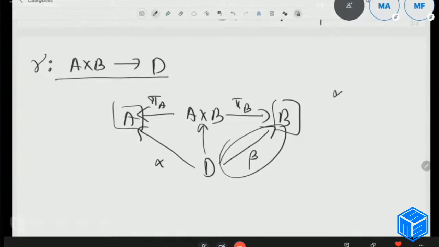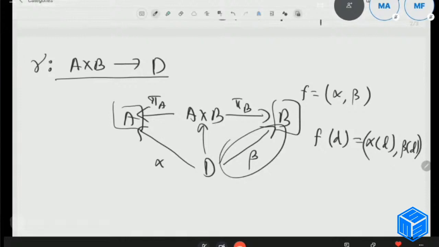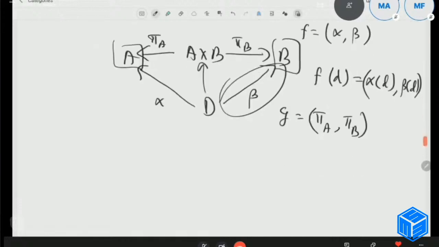Well, we have this map. Let's call this map F. What F does is F of D equals alpha of D, beta of D. We can always do that. And then we also have a map. Let's call this G equals pi A, pi B. What G does is G of A, B